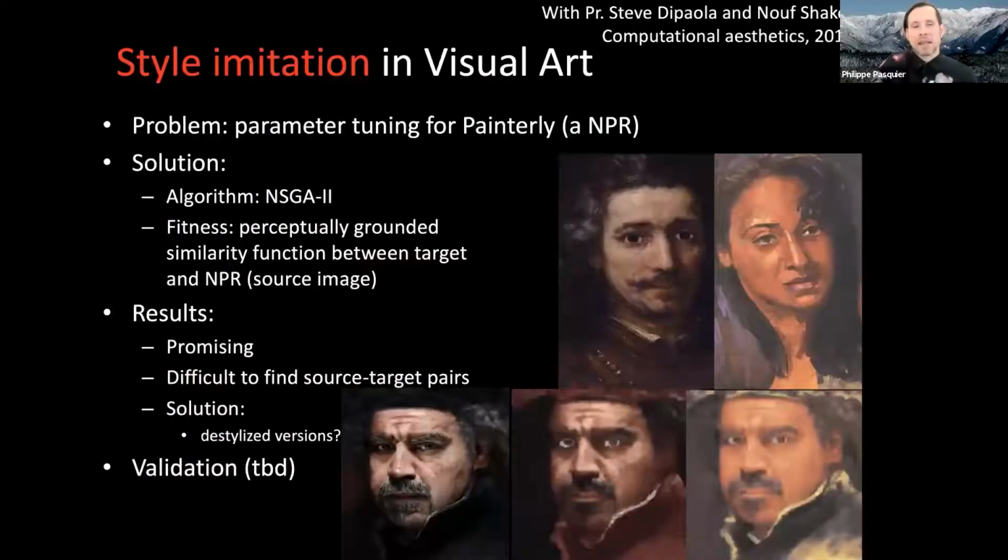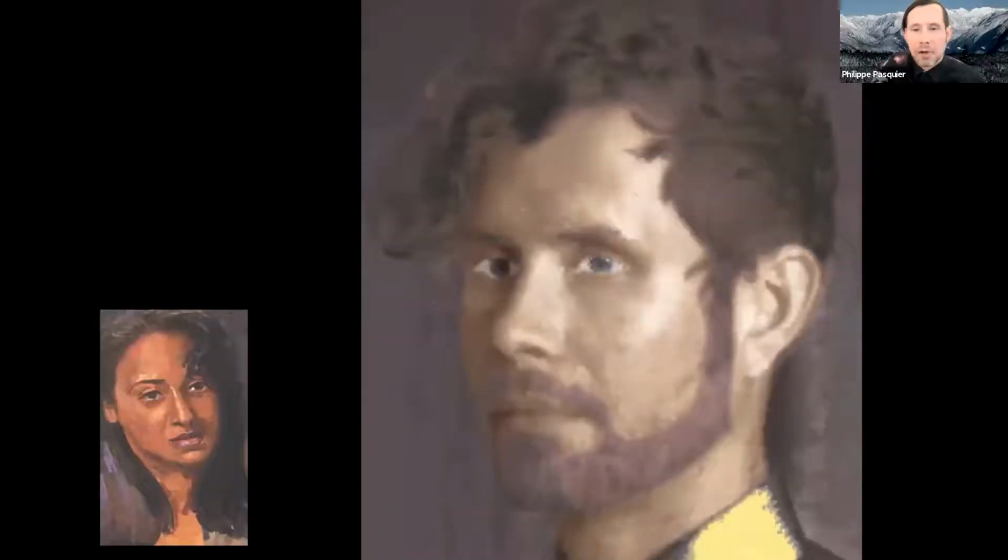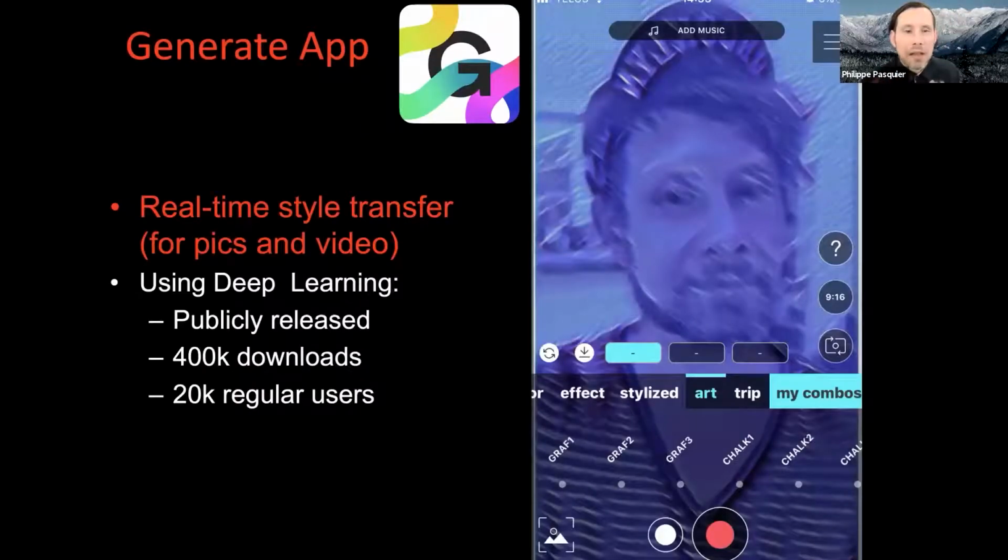If anyone is interested in visual generation, this is technically quite better than what neural networks will give you nowadays. And even though we all switched to neural networks for style transfer back in the day, we obviously switched to neural networks as well. I've been collaborating with a local company, from Vancouver, that just relocated to Toronto, called Generate. I recommend checking their app, in which they allow the user to train their own filters,